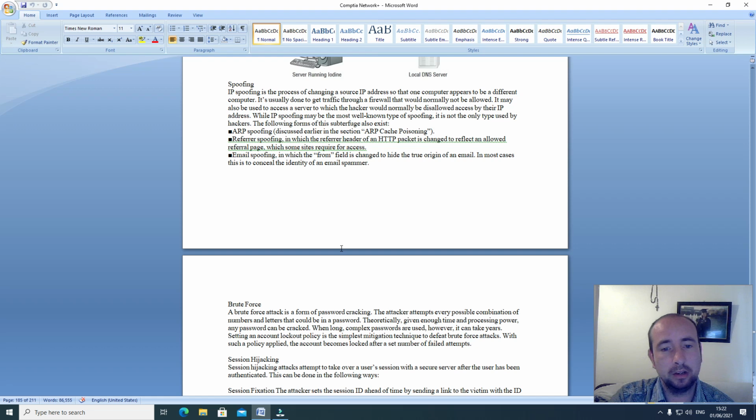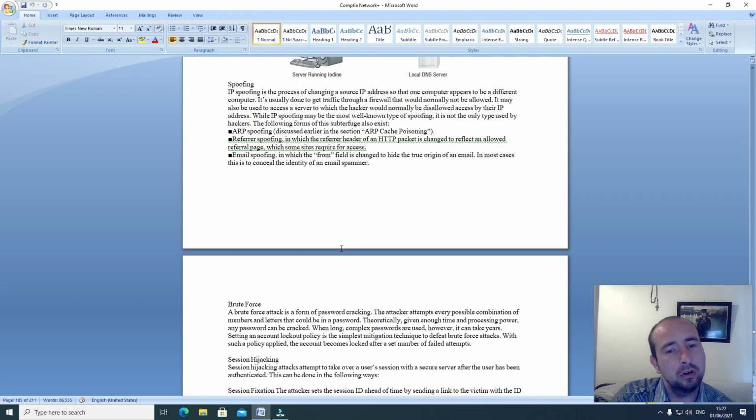While IP address spoofing may be the most well-known type of spoofing, it's not the only type used by hackers. The following forms of this subterfuge also exist: ARP spoofing, discussed earlier in this section, ARP cache poisoning;